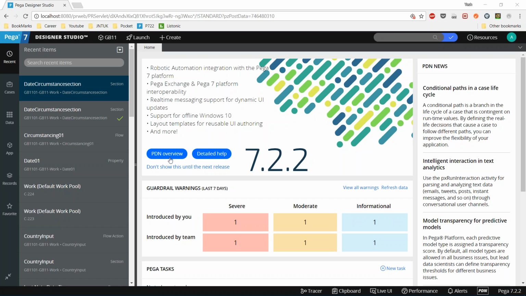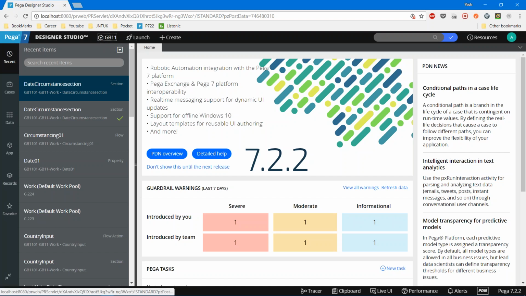Using an operator ID, I have logged into something. What is that something? An application. So where can I identify the name of the application into which I have logged in? Your application name will be in the heading ribbon. There will be a small cube colored icon. It depends on the browser. For some browsers it will show the name, and for some it will show only the cube icon. Normally in Chrome and Internet Explorer it will display the name.